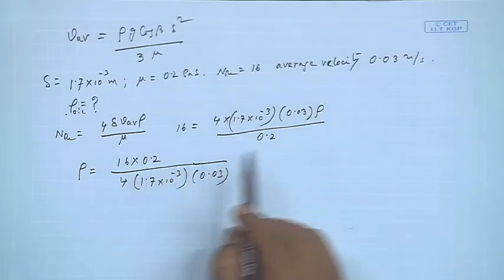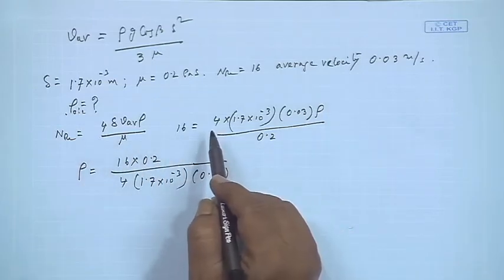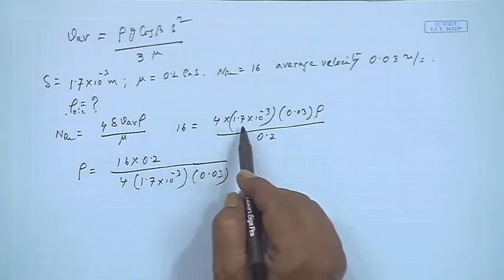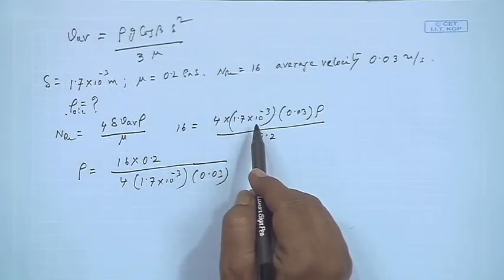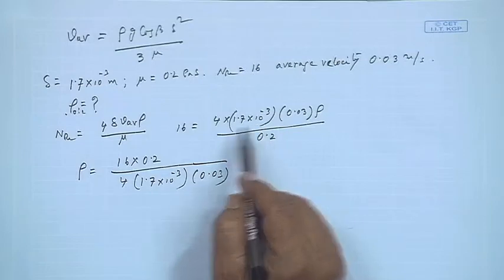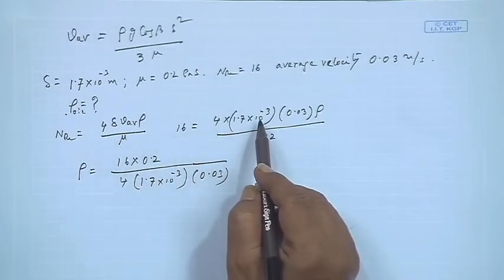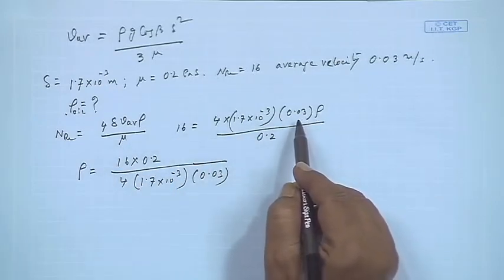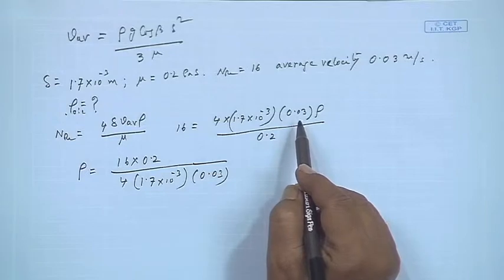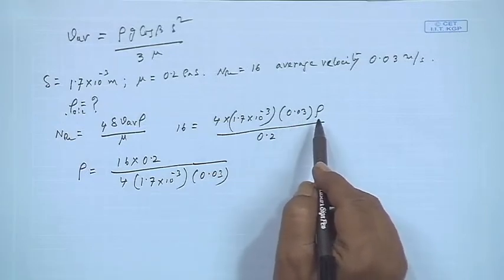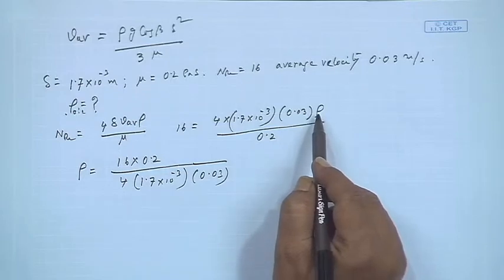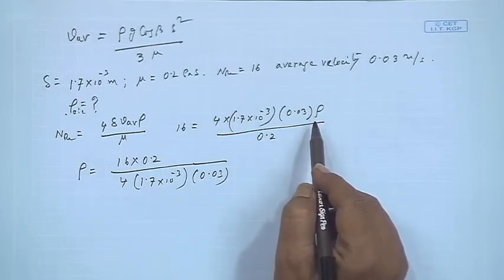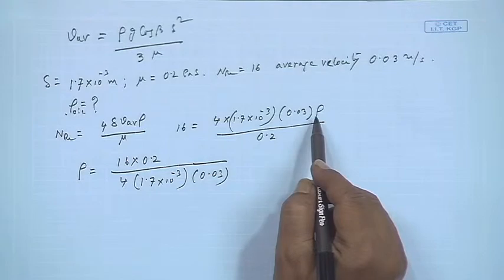So what have we done wrong, let us look into 4 into 1.7, 10 to the minus 3, average velocity is given 0.03, that's what we saw, meter per second. Density is so much, right, and